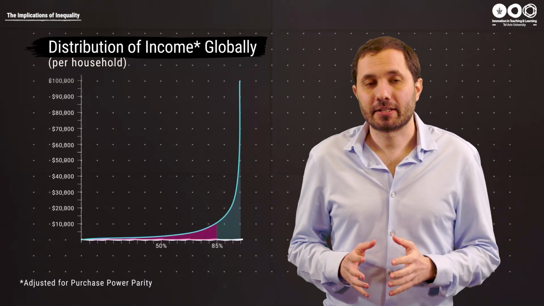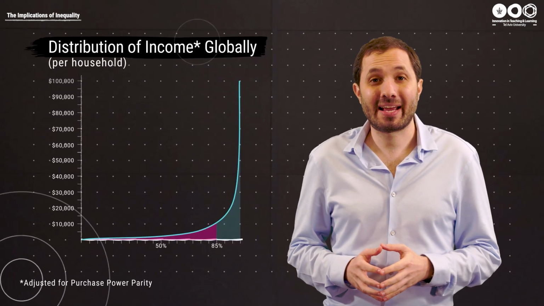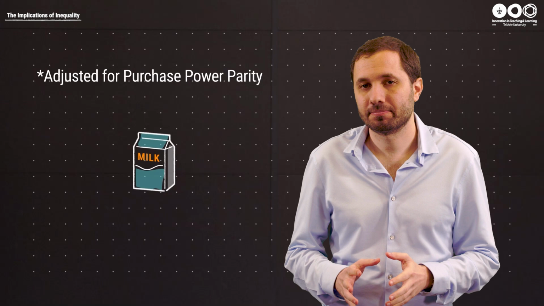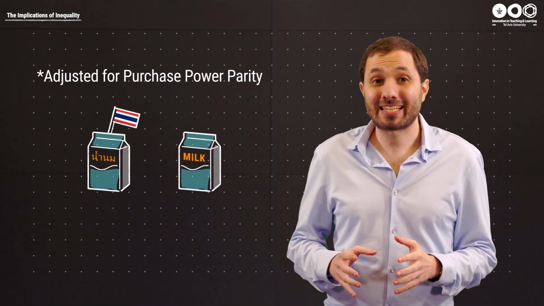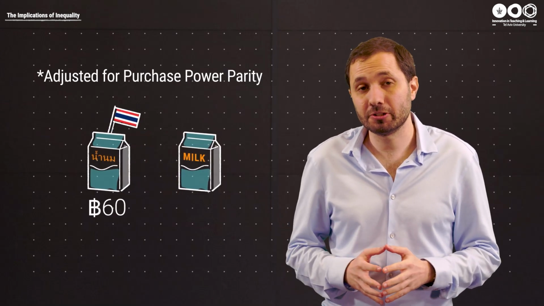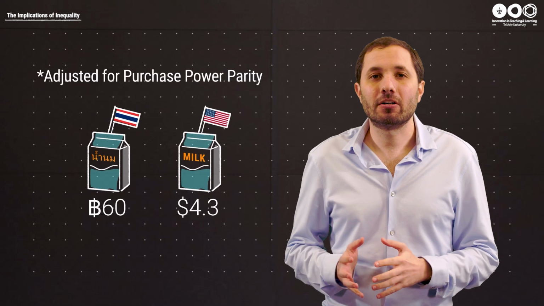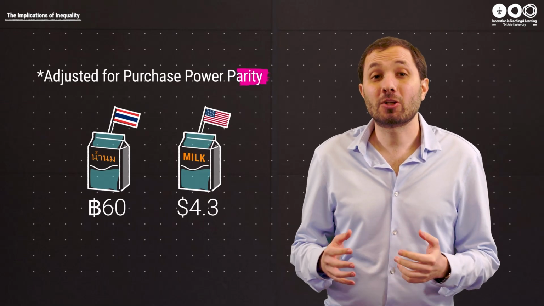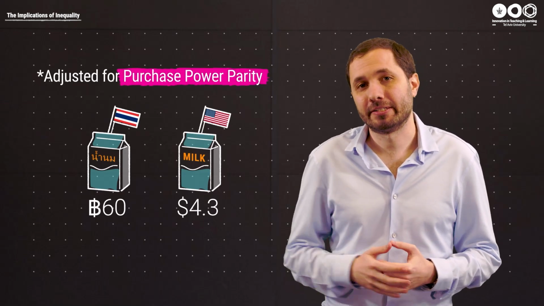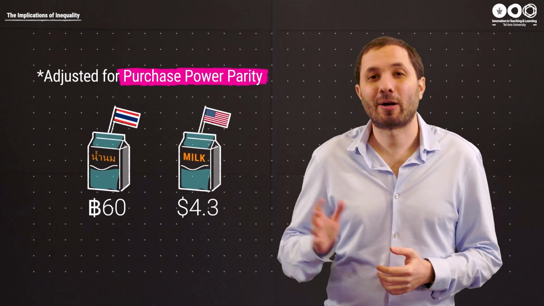It's also worth noting that this graph measures income by how much you can actually purchase. So even though poor areas have lower prices, as they usually do, this still gives us a fair global comparison. That's what's called purchasing power parity, and you can check the glossary if you want to learn a bit more